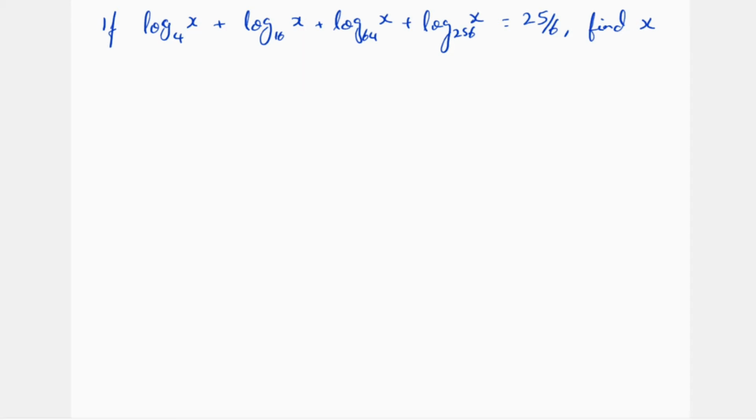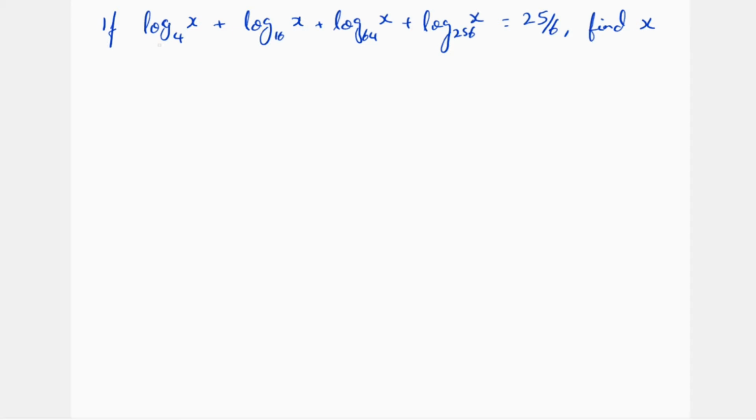The primary rule with operations involving logarithms is that whenever you are trying to add or subtract two logarithms, you should always ensure that the bases of the logarithms are the same. If the bases are not the same, you cannot do any operations with the logarithms. That is the basic rule. At first glance, we can see that each of these logarithms does not have the same base. Every single logarithm here has a different base.